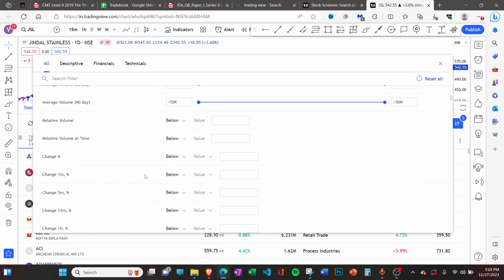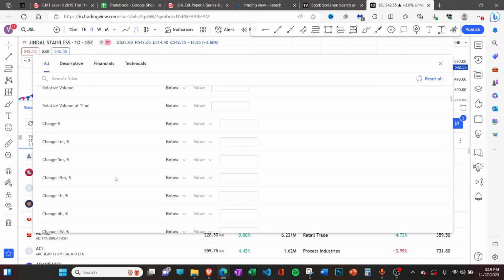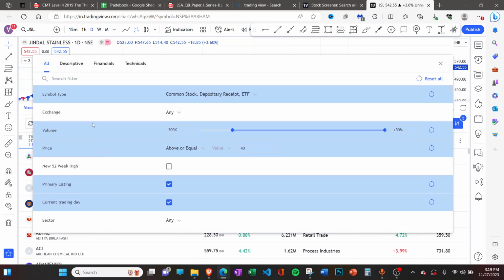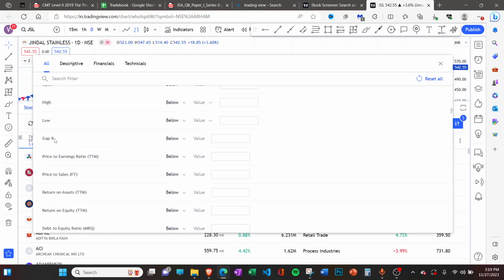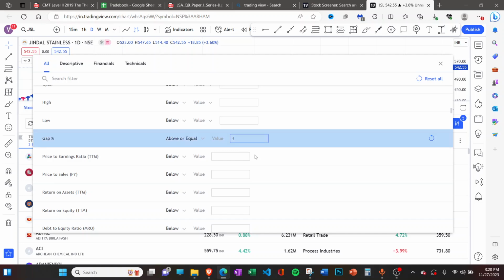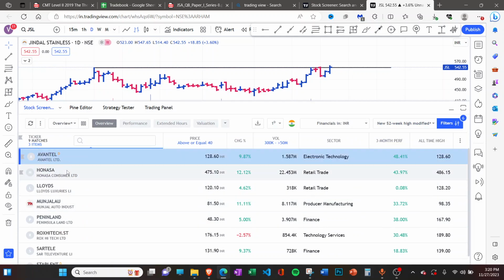But here we'll create a new scanner that I usually run, because again it gives you high performance stocks. So what you have to do is just scroll down and you come to here. Maybe you can also form a gap screener as well. Here you can give the stocks, let's say, gap percent. I am looking for the stocks that have gapped up more than 4%. So only 9 stocks came in the screener